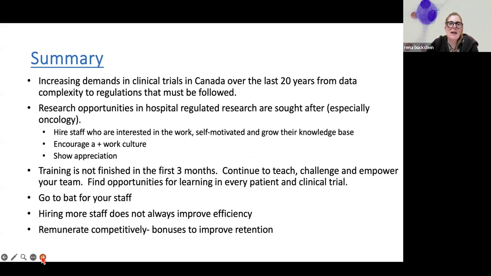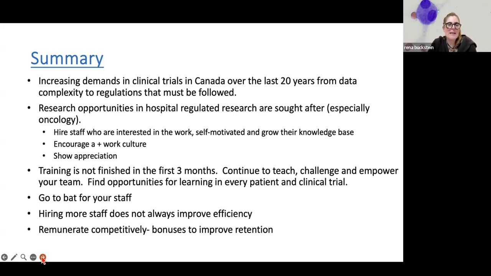Research opportunities in hospital regulated research are sought after, especially in oncology. So pharma wants you to do their trials, but for you to be successful, you need to hire the right staff who are going to want to work hard, that have self-motivation, and are interested in growing their knowledge base. You want to encourage a very positive work culture and growth for your staff, and repeatedly show appreciation for their